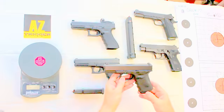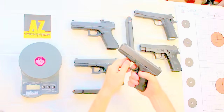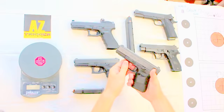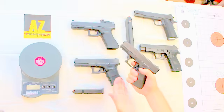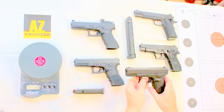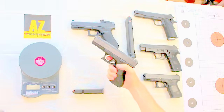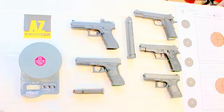But when you look at, for example, the smaller version, the Glock 19, I have an average size hand and I'm just about over on the grip size. Now, if I have gloves on, I'm certainly over on size. And a lot of people with larger hands have this problem with the Glock 19. Even though it's a great platform, it can be very hard, for example, to charge at times simply because of the length of the grip, as opposed to the 17, which tends to support almost all the hands that are out there today. So because of that, it is a great combat size, especially for somebody utilizing gloves